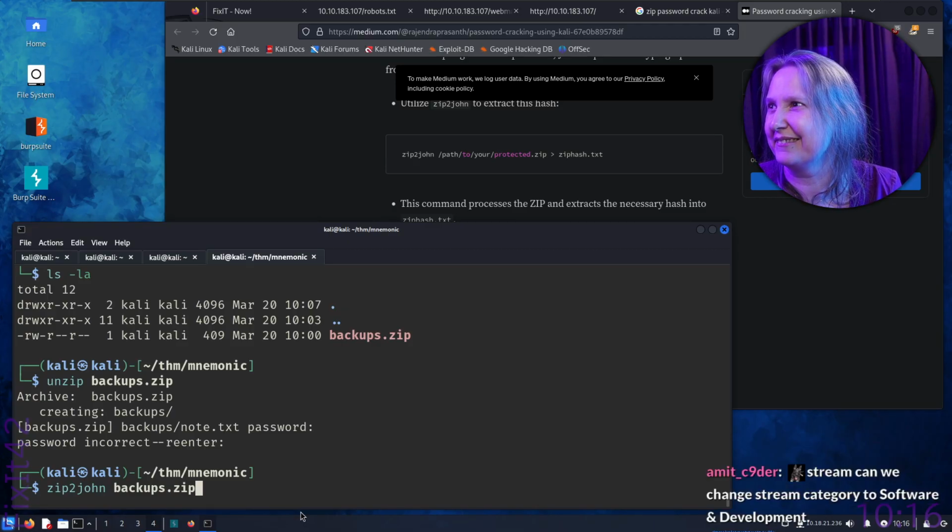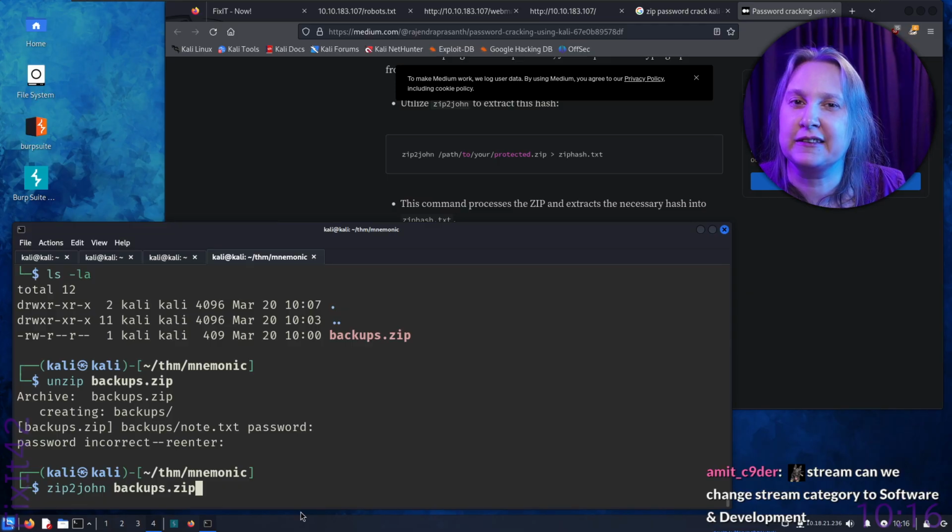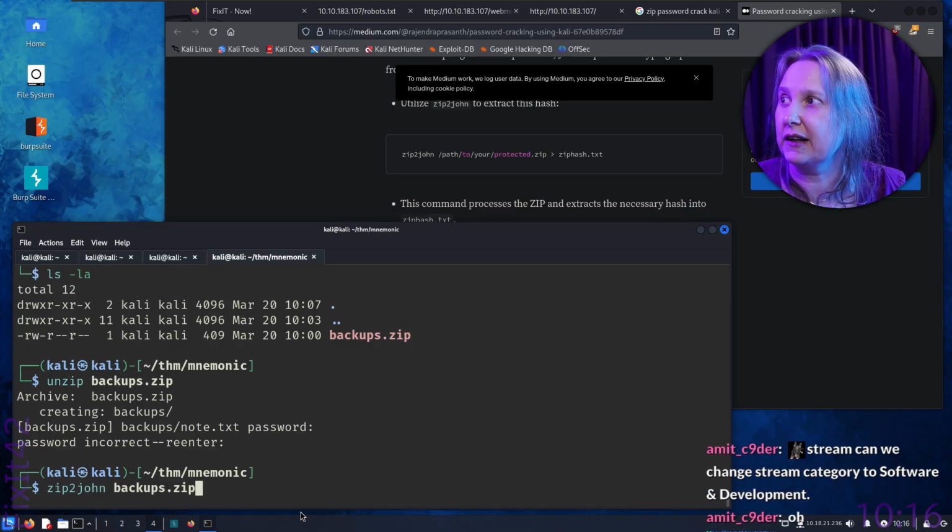Amit C9 Dare says, stream can we change stream category to software and development? Cheese doggo smile. Are we not in science and technology? We're not doing programming, so this is not software and development. When I do programming, then I will change it. So I think we're actually in science and technology, right?